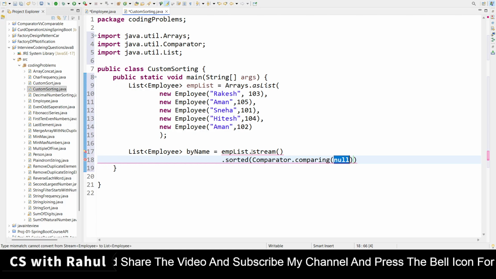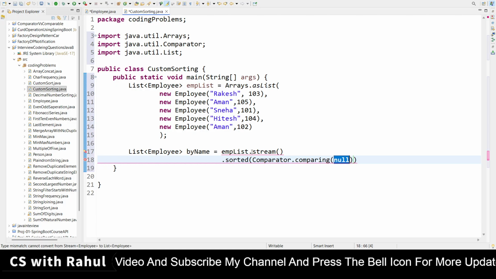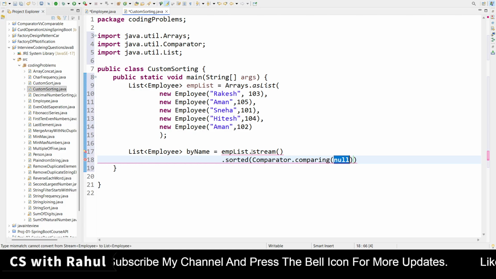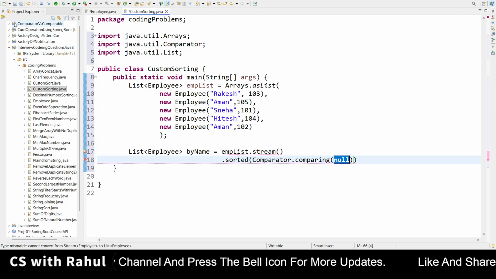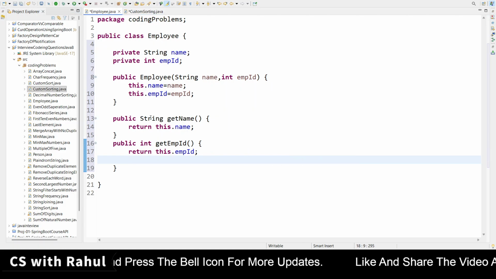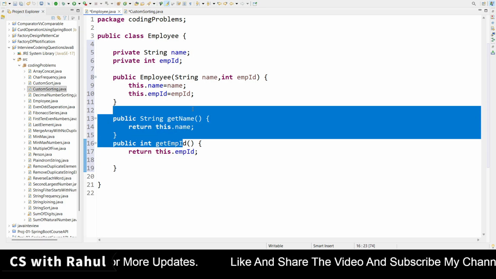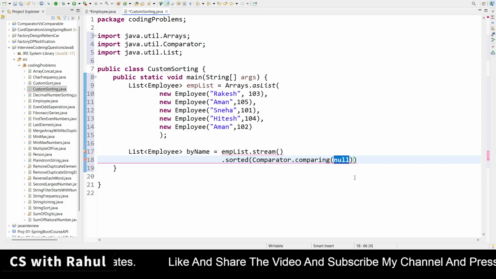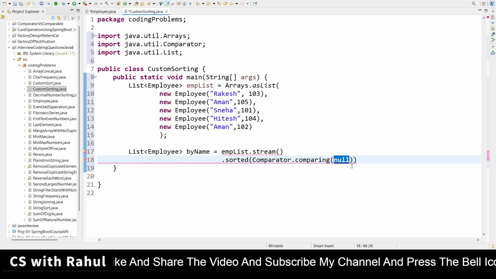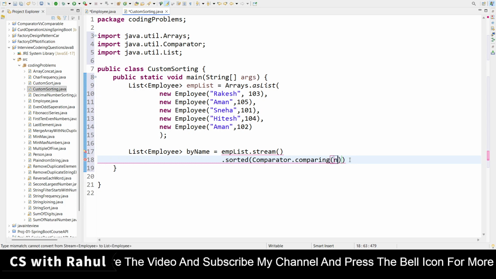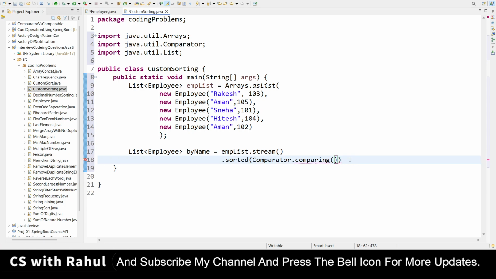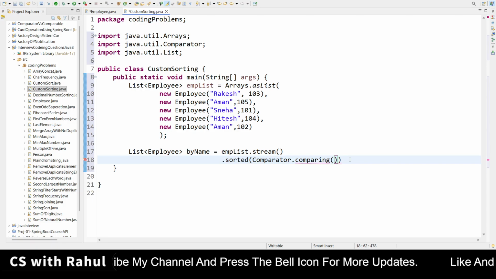And now I have to tell, so we need to call the object. We have already created the getters method, you already remember. See here in the Employee class I have created getName and I have created getEmployeeID. So first I am going to show based on the name, means string based. So here what can I do? I can use the lambda expression, or I can use the method reference also.